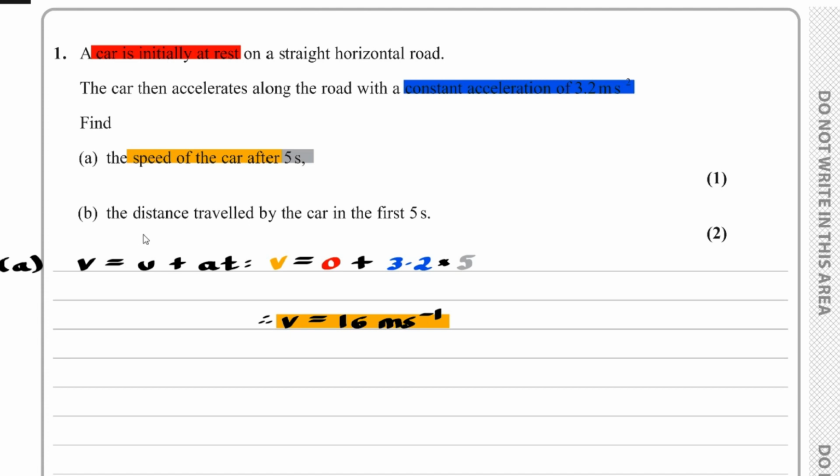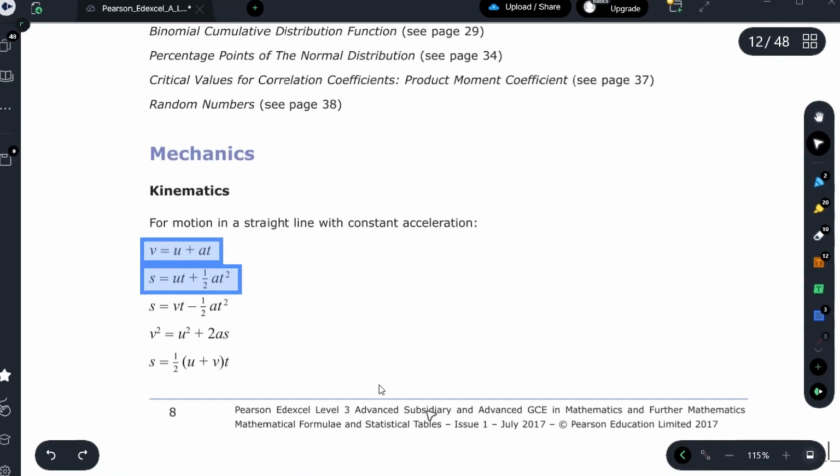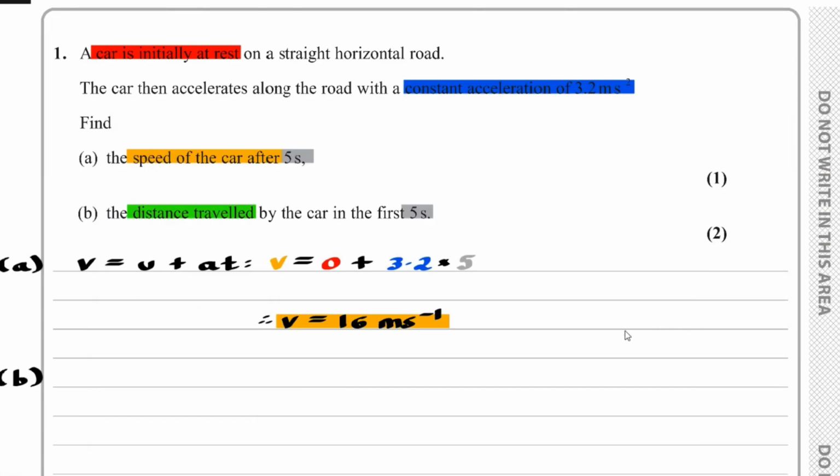Part B, we have to find the distance travelled by the car in the first 5 seconds. The SUVAT we are required to use is s equals ut plus a half at squared. Therefore, using s equals ut plus a half at squared, we have s, which is what we are finding, equaling